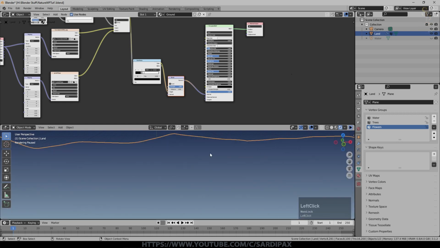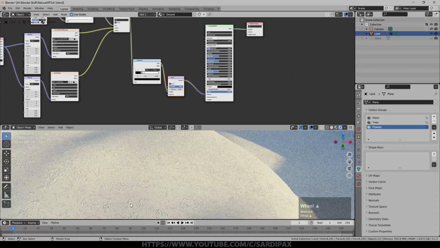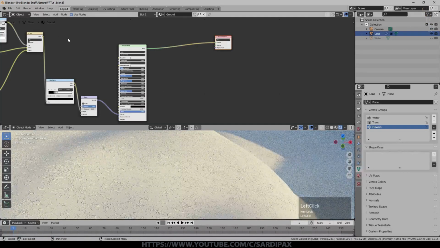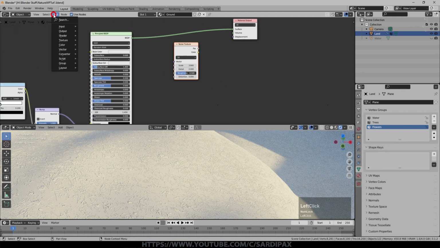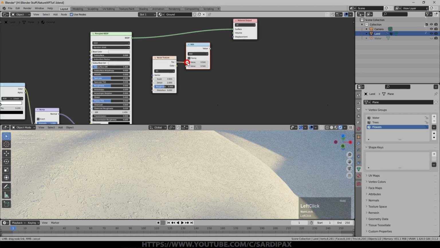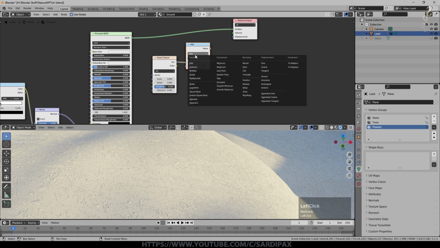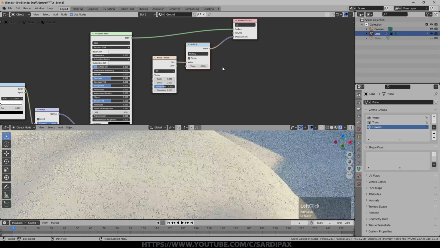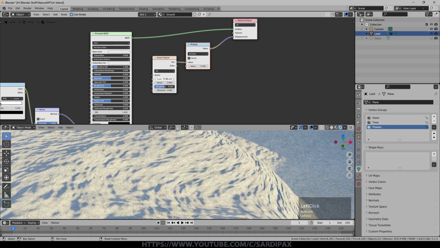And if I go to rendered view now, you can see it even represents shadows. That's the beginning of adding a bit of texture. We can also add, of course, another noise texture, and I'll add a converter which is a math node. Take the factor into the math node, we'll set this to 0.1 and we'll set it to multiply, and then take that into displacement and then turn the noise frequency, as it were, up.